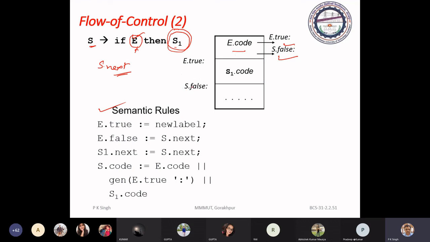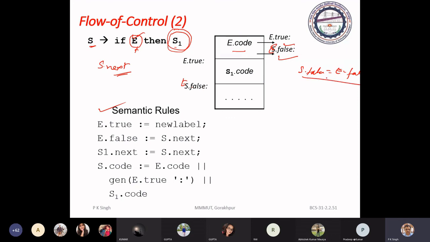And for E false or S false, you may write E false. Here, then it will patch the E false, and you can define S false equal to E false. Okay.